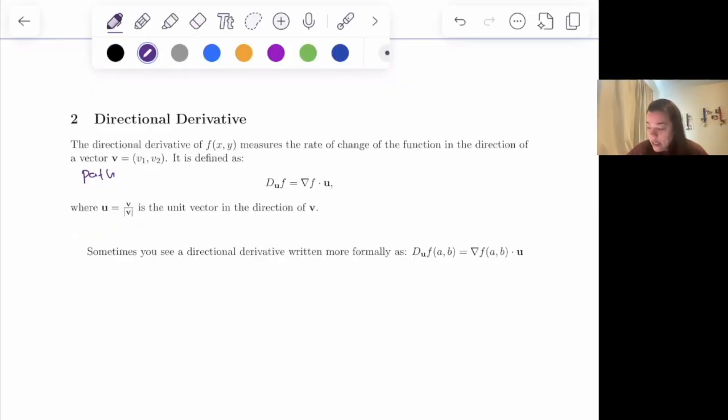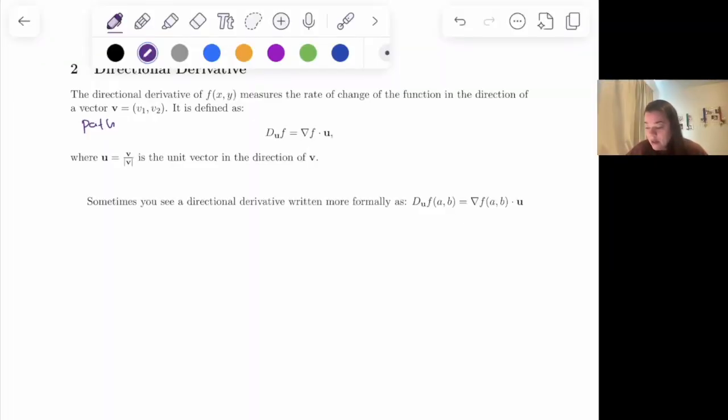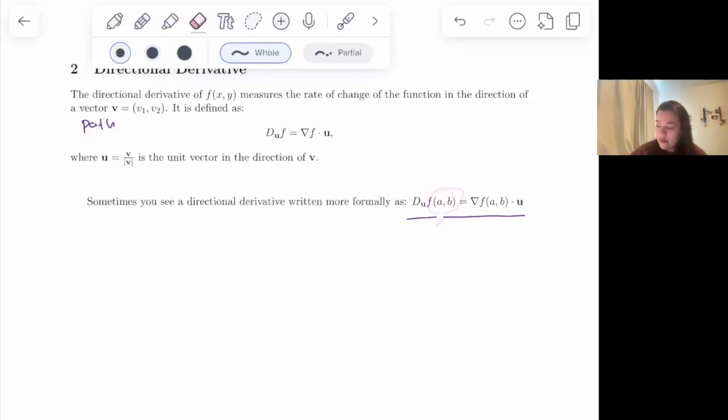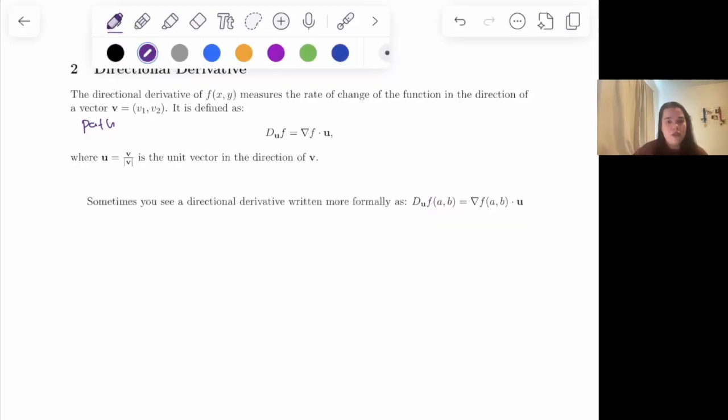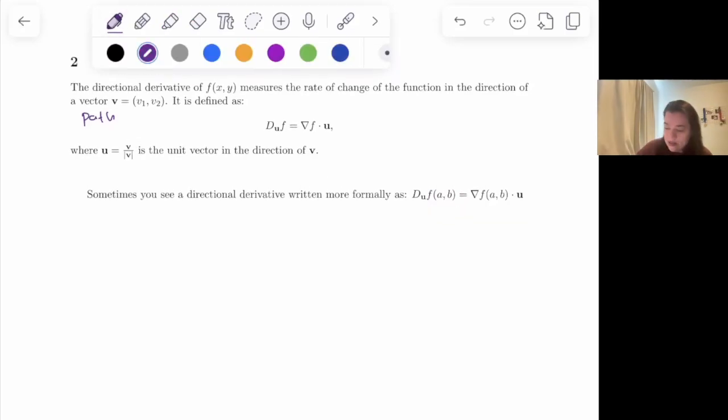Now, a quick note on notation. Sometimes you will see the directional derivative written again in a more robust notation. The only part I've added in here is that you are going to evaluate it at a certain point. So using my analogy here, I'm just going to write a quick sentence of what the directional derivative finds for us. So if you are on mountain F,